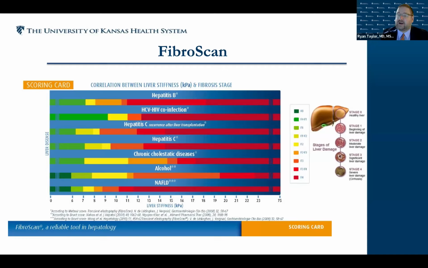So in PBC and autoimmune hepatitis, these are tests that we do in our patients on an annual to every other year basis to follow them. However, the one limitation of FibroScan is it does not allow you to get the tissue, so you can't look at a cellular level at what patterns of inflammation they have or how much inflammation they have. This simply tells us how much scar tissue they have. Next slide.